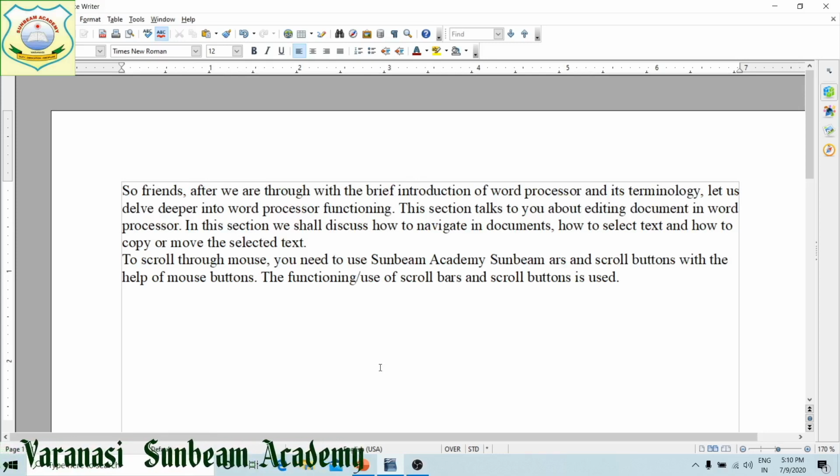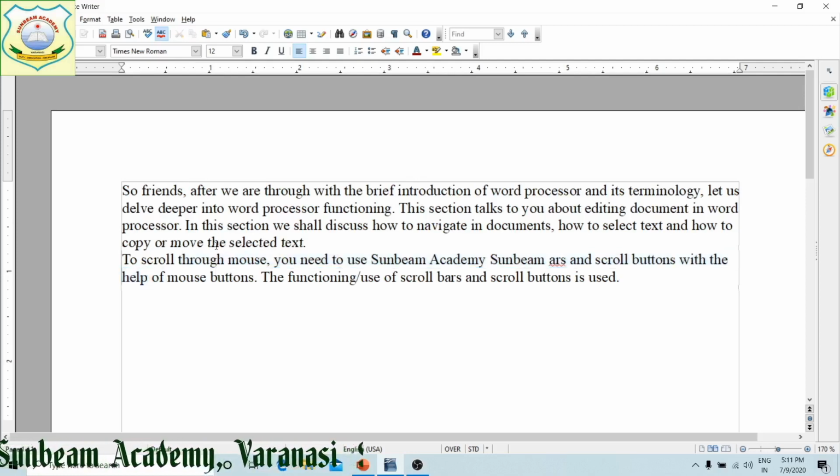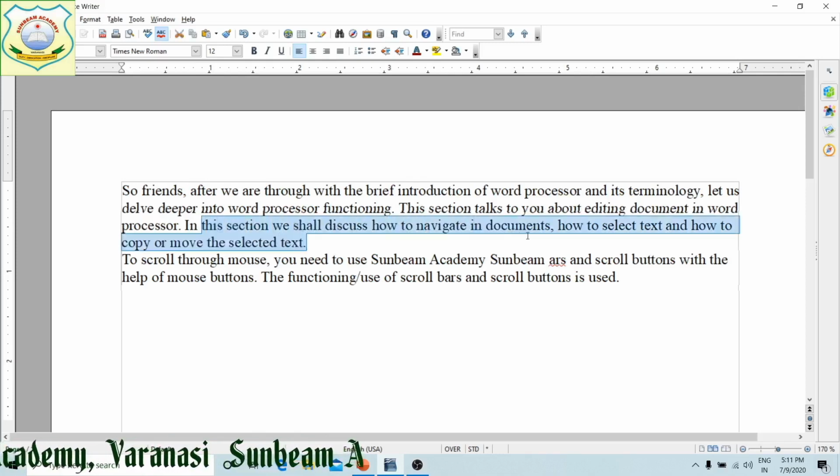Now students, this is text selection. How are we going to select our text? To select our text, we have to press the shift key, then we can select, or simply with your mouse, if you want to select, then what will you do? Press the left button of the mouse and start selecting the document. The document will be selected easily, right?